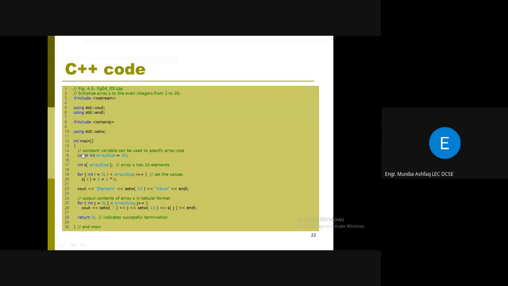Here you can see that I have used this const int array size equal to 10. Here we have declared a constant integer variable with a value 10, and here I'm using int s, so the array name is s, and for the array size, the constant variable, here I have written its name, array size. And what is the array size? It's simply 10. Within this loop, int i equal to 0, i is less than array size, i plus plus,